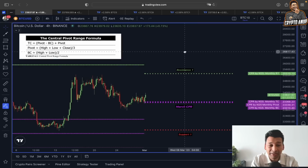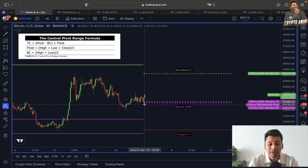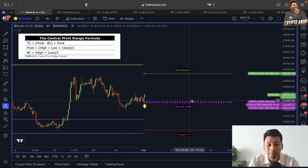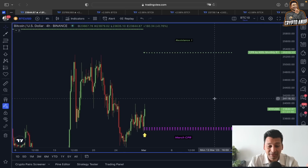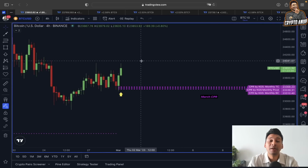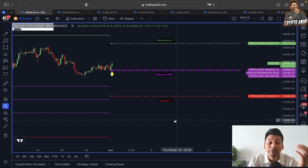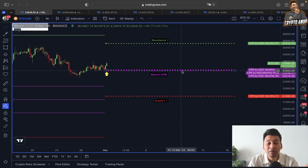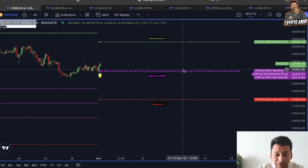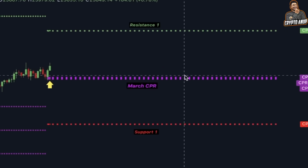And also looking at this March month CPR, this March month CPR has already started to play a significant role, because yesterday when the price of Bitcoin came around this 23,000, this exact monthly CPR line started acting as a support, right? And exactly after reaching around this CPR line, we started showing this bullishness. So it has already started acting as a support line for this month of March, which is going to be around 23,000. Yes guys, the price of Bitcoin at any cost is not allowed to break below 23,000,